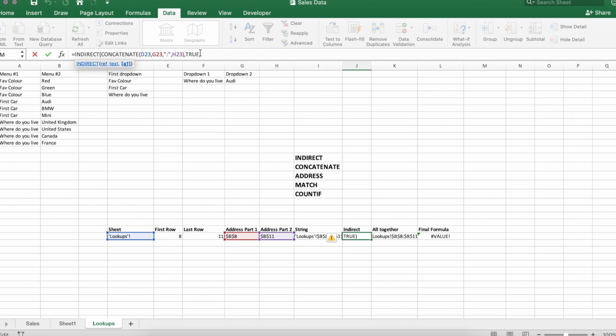Always use TRUE. It's just generally a little bit easier because you can visualize how it's going to work within your document, because you can see the letters and you can see the numbers and you don't have to worry about it all too much. Now by default this formula will not actually work within here, because what you're basically doing is saying,